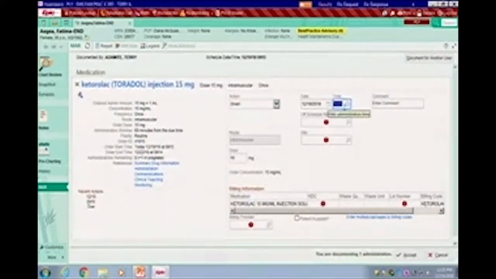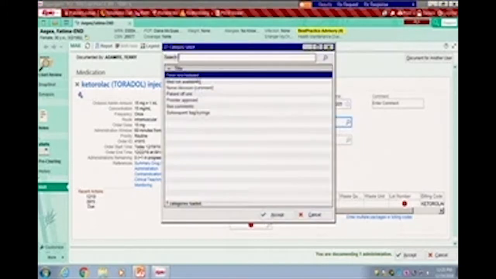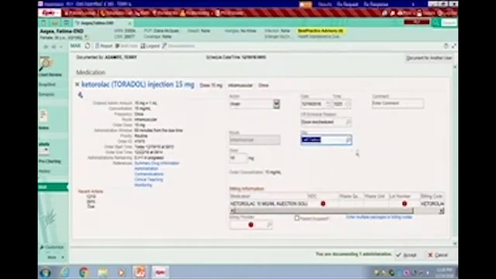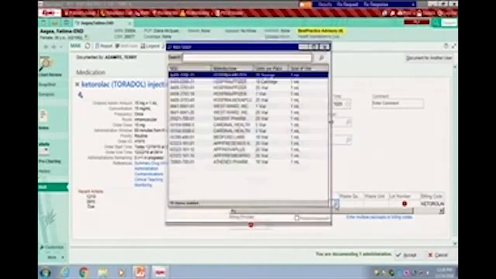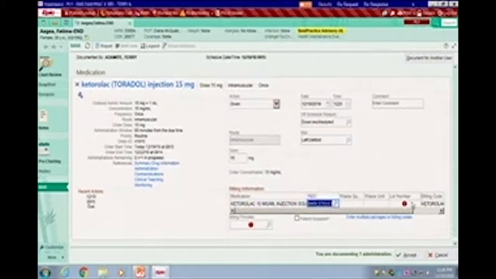Once you click that, that will open up, and of course this one says it's off schedule. But you will have to fill in those fields that have the red hard stop. So I'm just going to throw some stuff in just for training purposes. Of course, you would not do this like I'm doing this. I'm just throwing stuff in here.